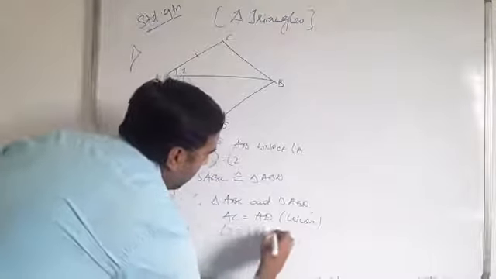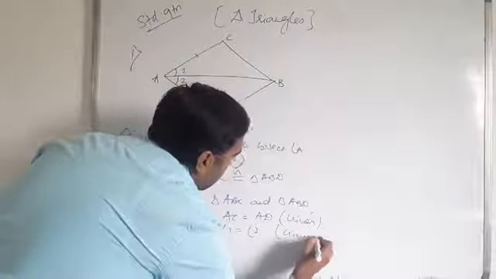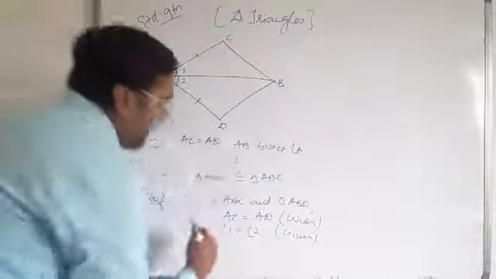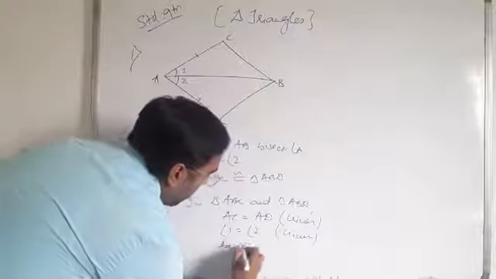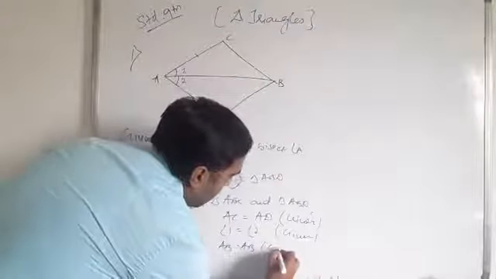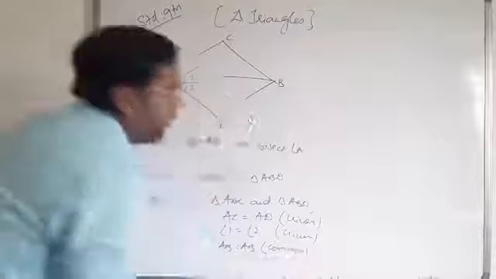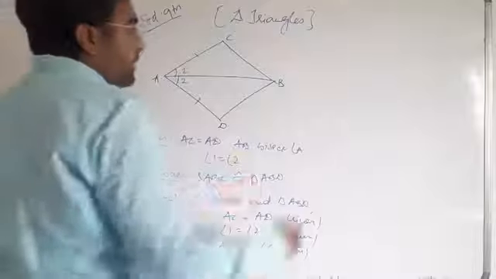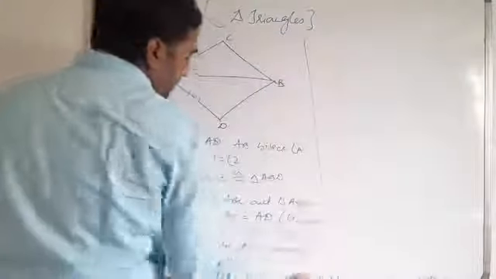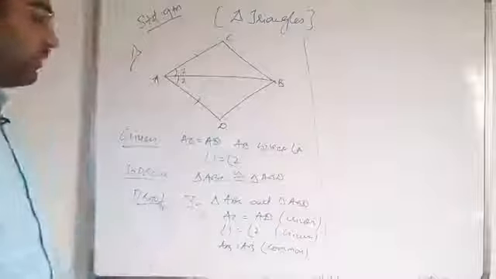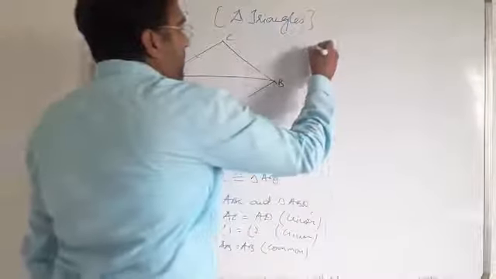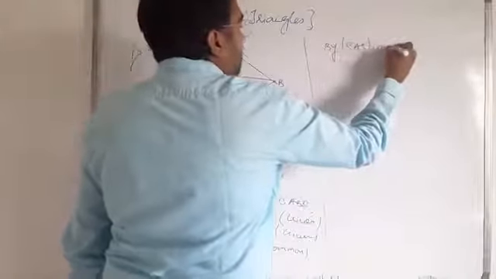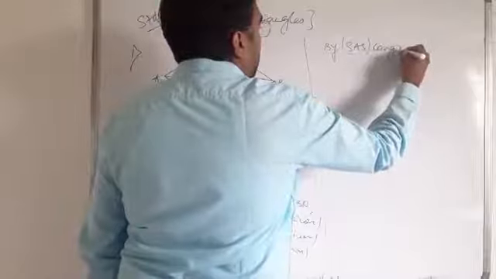Angle 1 and angle 2 are also given in the question. And the third thing, AB is common in both triangles. So for this kind of rule, therefore by side angle side congruency rule,